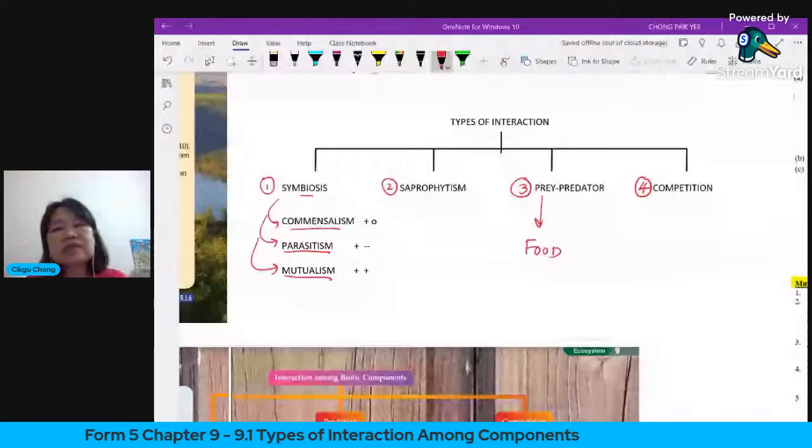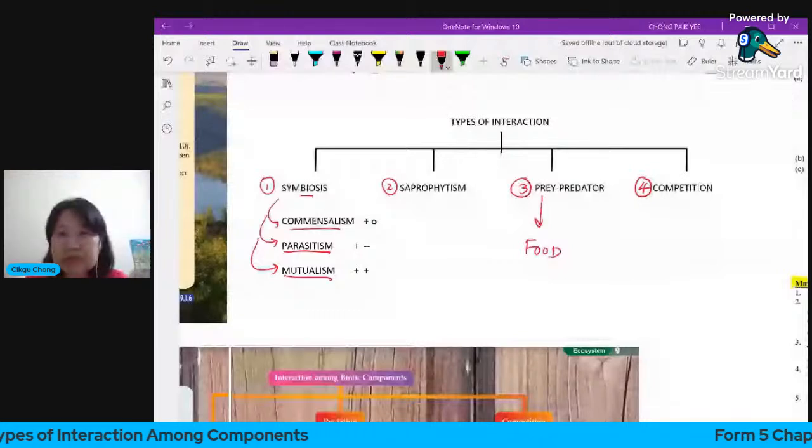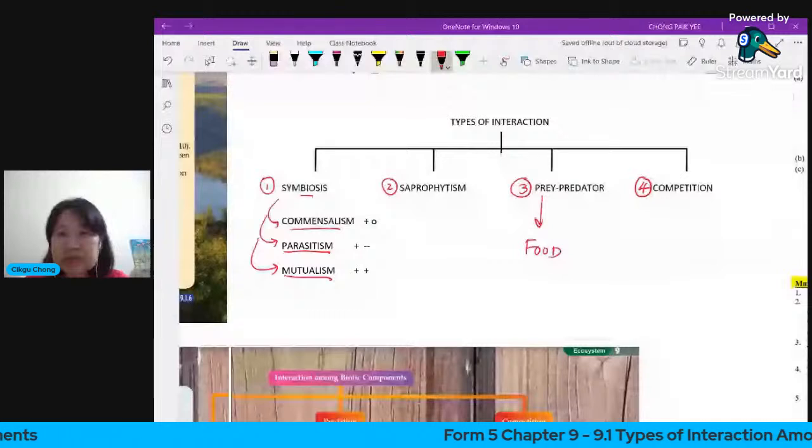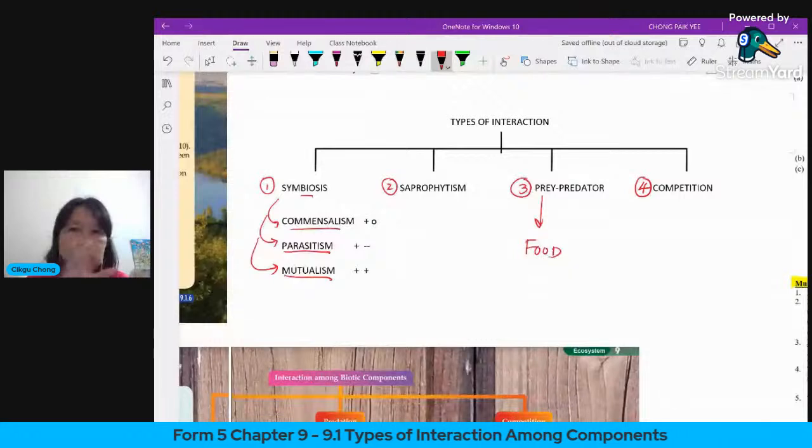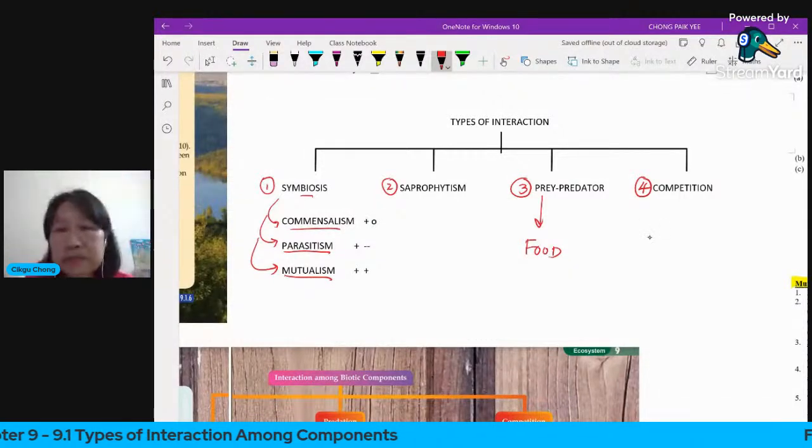Okay, competition. Competition in Cantonese and Mandarin, they call it 竞争. 竞争 is like they're fighting against each other because they want to get the thing. Maybe the thing is limited. Usually competition will happen when there's limited supply. So for competition, there are actually 2 types here. One is called